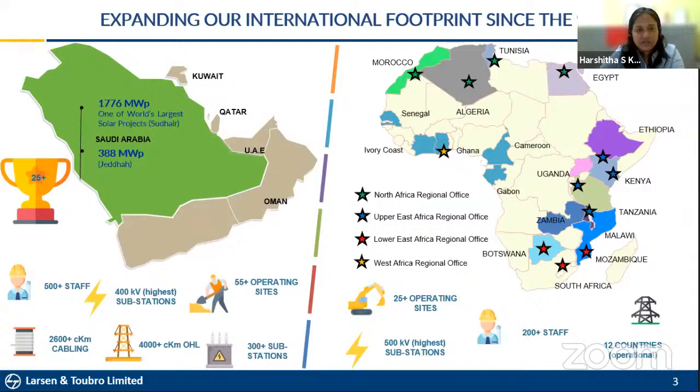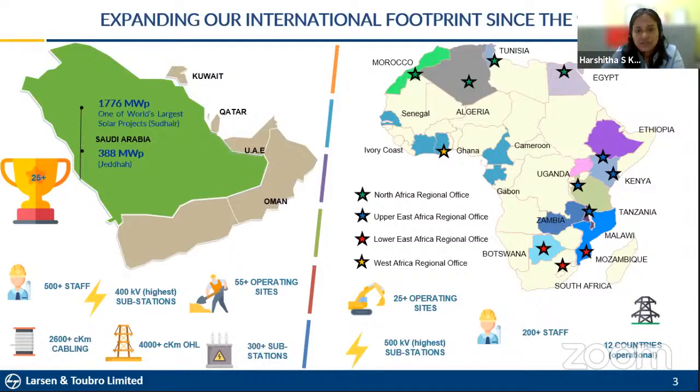So specific to MENA region, our power transmission and distribution business is well present in Middle East. With specific to renewables, we are doing 2 large-scale utility-scale projects in Saudi Arabia, one being around 1.8 gigawatt Sudair project, and the second being around 400 megawatt of Jeddah project, 300 megawatt AC. And we have in Middle East more than 500 staff and many 400 kV substations and 55 operating sites. More than 2,600 circuit kilometer of cabling, 4,000 circuit kilometer of OHL, and more than 300 substations done in Middle